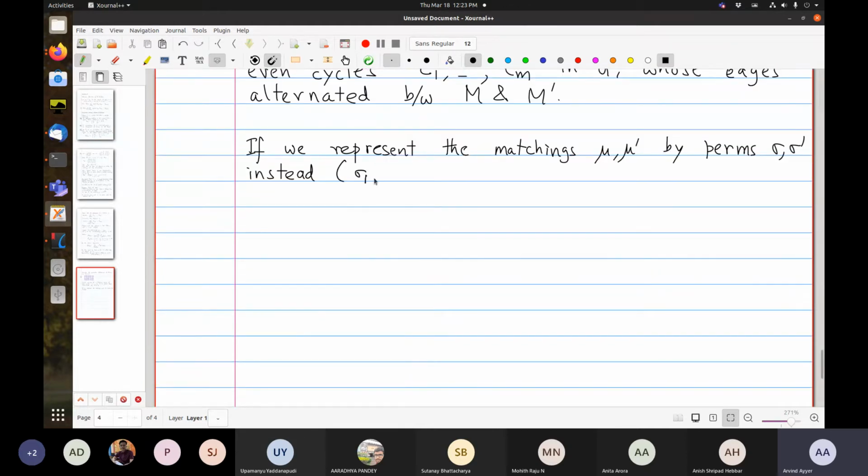So sigma 1 less than sigma 2, etc. Sigma 2n minus 1 less than sigma 2n, and sigma 1 less than sigma 3, etc. And similarly for sigma prime, then